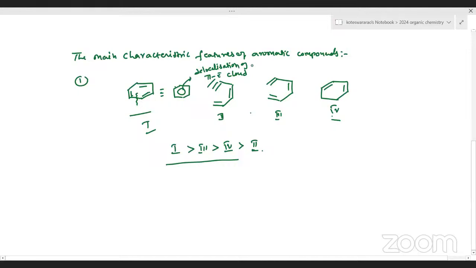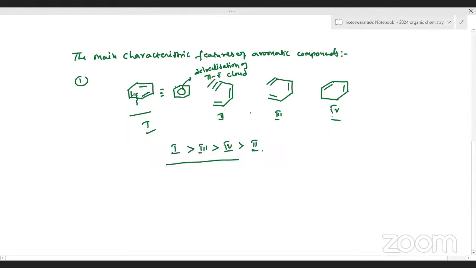Delocalization means all the 6 electrons do not belong to any one carbon. All the 6 electrons belong to all carbons. Right? That is called delocalization. Due to the delocalization, the delocalized electrons are in a circular manner, equally distributed. There is no deviation, there are no polarity changes. At that time, the molecule's system energy becomes decreased. Due to that reason, there is no influence of heat and temperature. That is the reason those kinds of molecules gain the highest thermodynamic stability. When you are applying heat, it will not undergo any structural change. Due to that reason, it is highly